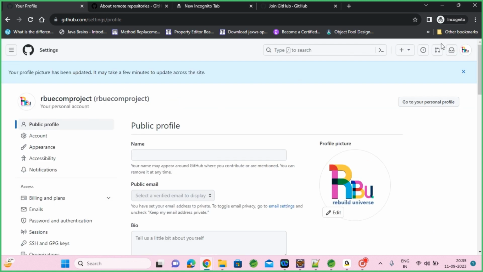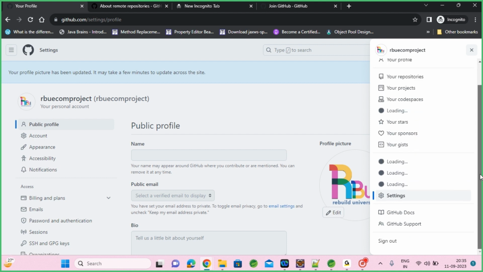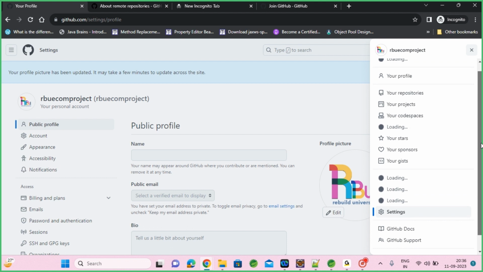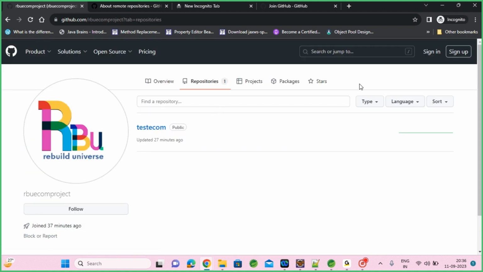repository page. So here you can see a lot of options: your repositories, your projects, your code space. During creation, it will ask, are you a student or teacher, or is it for professional access? You can select professional access, free account. Okay. So here you can create a repository. When you click new repository,